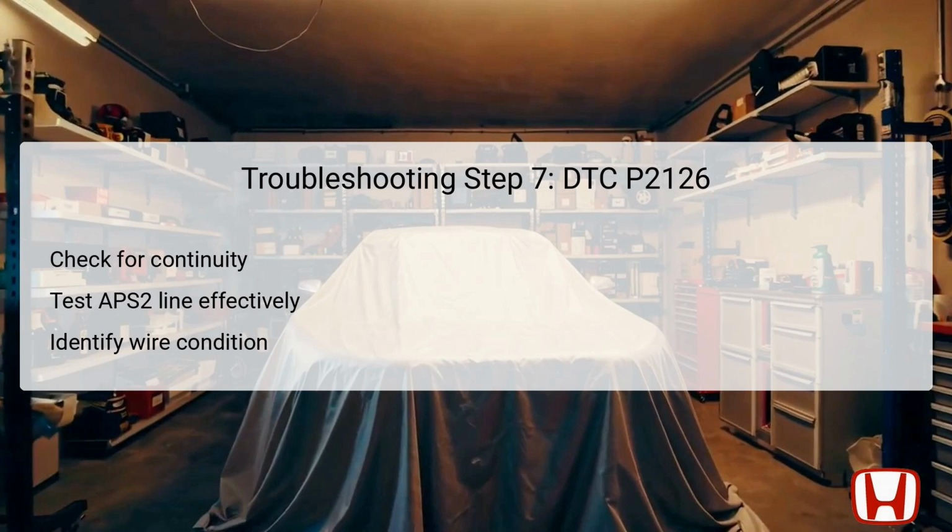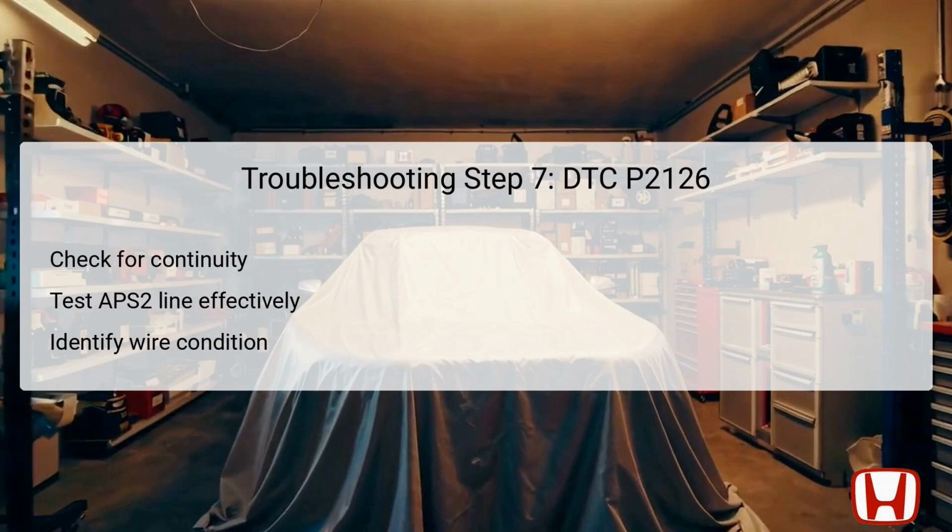vehicle in the off-lock mode and both connectors disconnected. This step is crucial as it verifies whether the APS2 wire is intact. If continuity checks out, the APS2 wire is functioning correctly, confirming that this segment of the throttle position system is operational. However, if there is no continuity, it indicates an open circuit in the APS2 wire that must be repaired